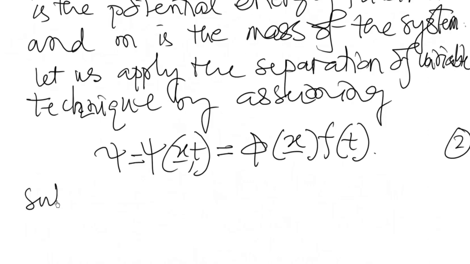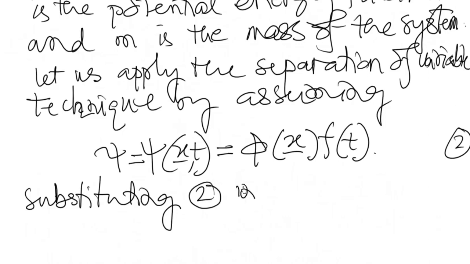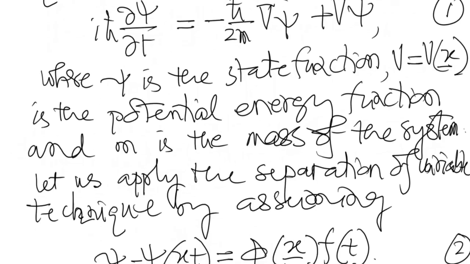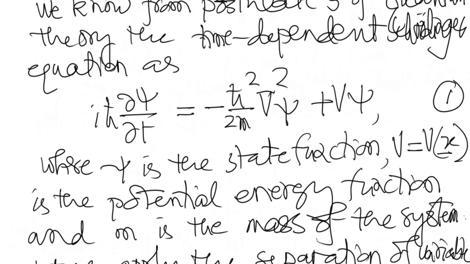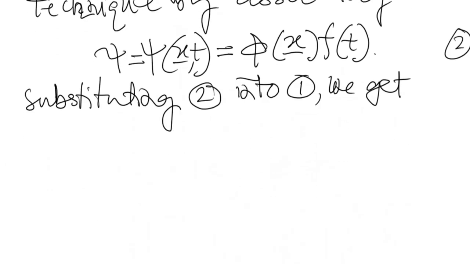Now, substituting 2 into 1, if we substitute psi as the product of phi and f in equation 1, then we get